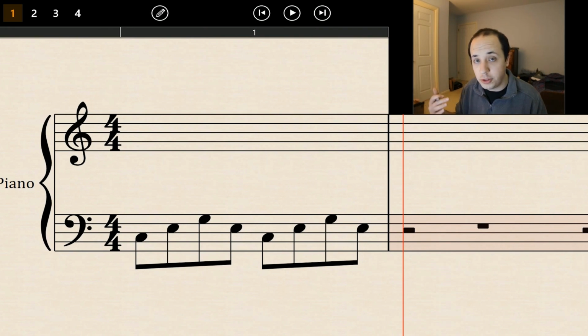Do we want to do the 8th note one, da da da da da da da da, the one I just did, or do you want to do the broken chord where you play the bottom note, bum bum bum bum, or do you want to hit just a whole note chord and hold it for that, or do you want to do it as quarter notes? So it's all up to you, and you want to make your decision based on how fast you want your